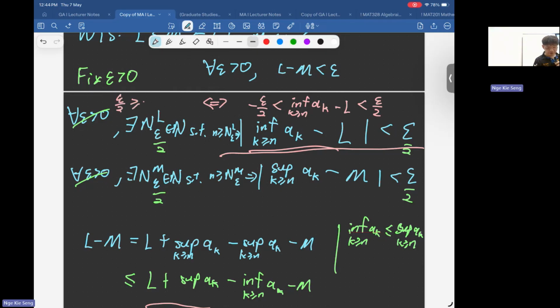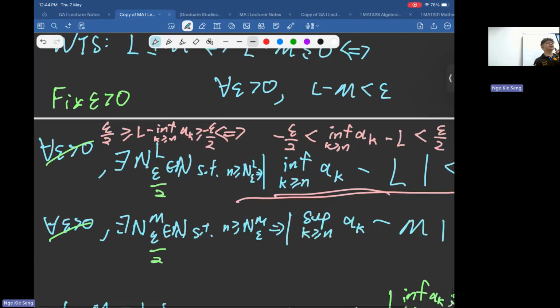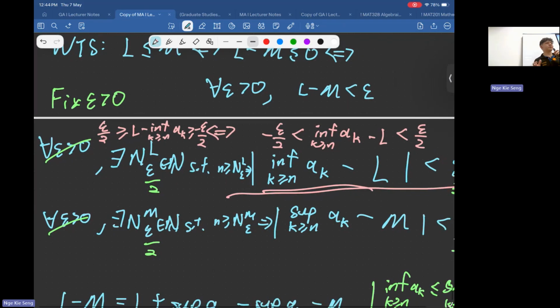You also should switch your sign to get this. OK 吗？所以它们是相同的。OK，agree 吗？